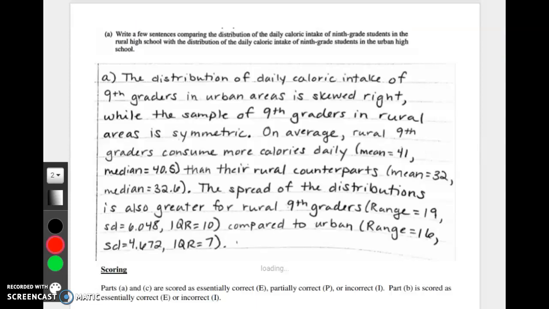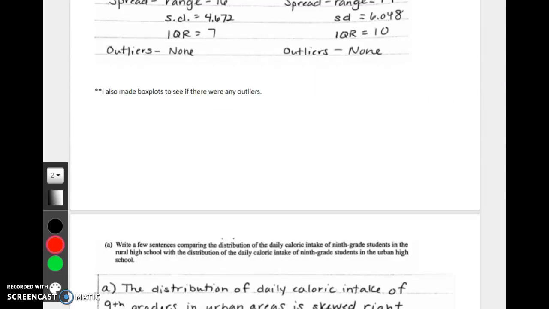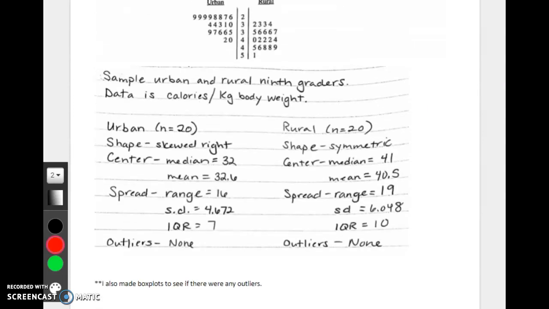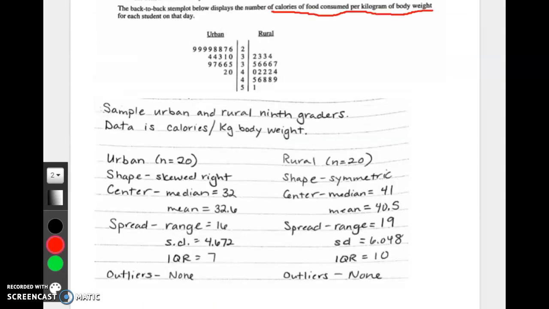All right, well then I read part A. Part A said, write a few sentences comparing the distribution of daily caloric intake of the rural school with the urban school. So we know describing distributions means shape, center, and spread. So I went back to my data, and first of all, I looked at their shapes. So if you notice, the urban school